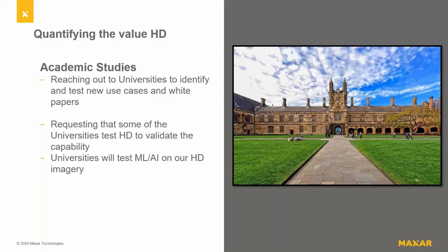Now, to help continue quantifying the value of HD, I've already started outreach to various universities around the world. My goal is to supply HD imagery to these universities to allow some additional testing, test some AI and ML applications, maybe even come up with new tests, new white papers, new use cases, and new case studies, to really dive in and give everyone an opportunity to truly understand how valuable HD can be to